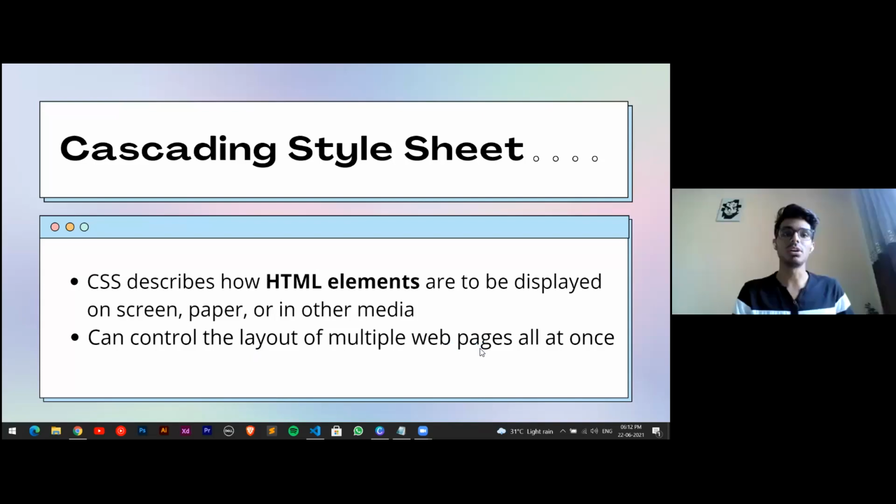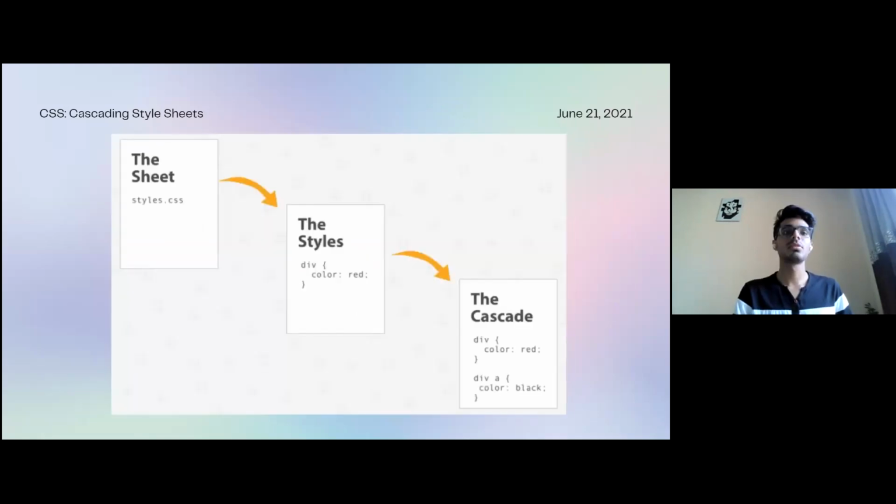Okay. So moving on. Why is it called cascading style sheet? Basically we create a style sheet with an extension of .css, and we write the styles in that particular CSS page, in a cascade manner. That is, we write all the styles in one page itself. So we cascade all the style elements, combine them into a styles.css page, and link that to the multiple web pages which we had created using HTML. That's why the name cascading style sheet.